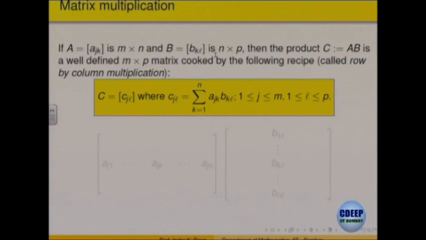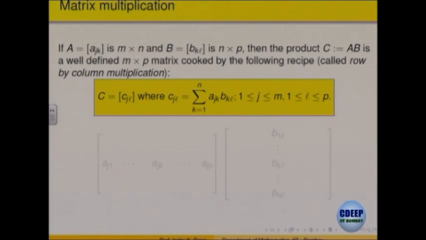So, what will be the resulting matrix? C_jl, j varies from 1 to m, l varies from 1 to p. So, that gives you a matrix of order m cross n, times n cross p, that is the matrix B. Each entry is getting multiplied and added up, and you will get m cross p order of the product. It looks a very artificial way of defining multiplication,